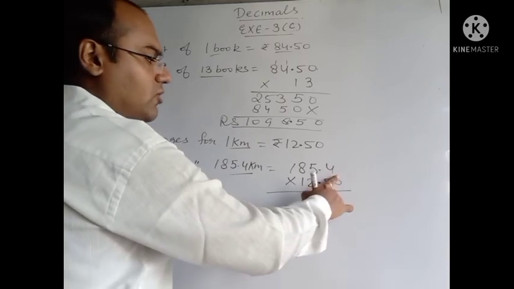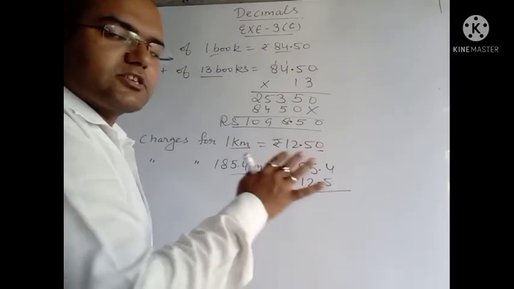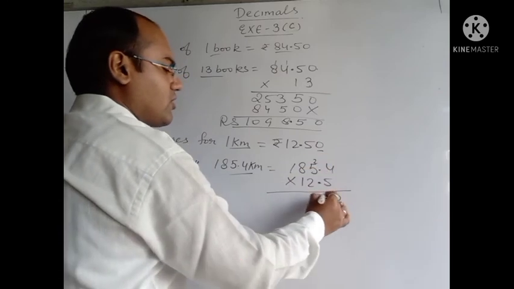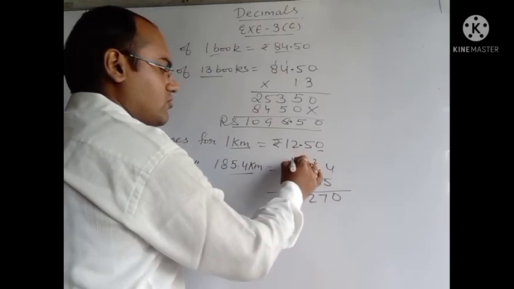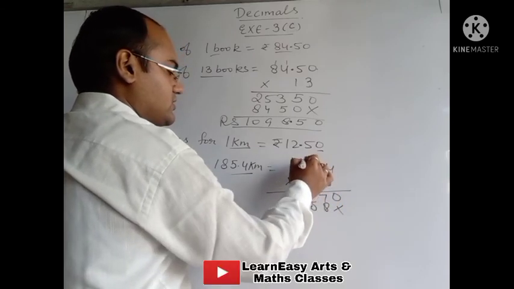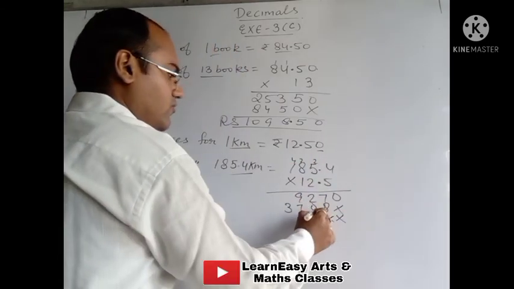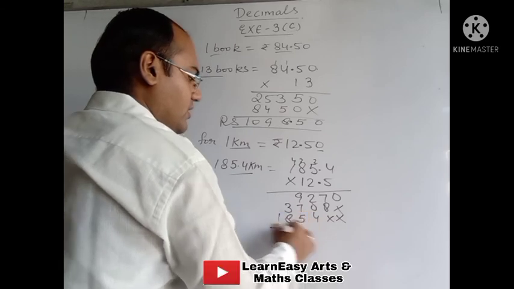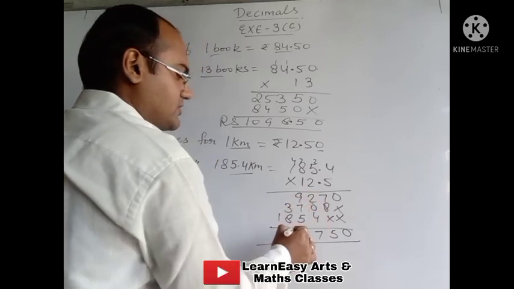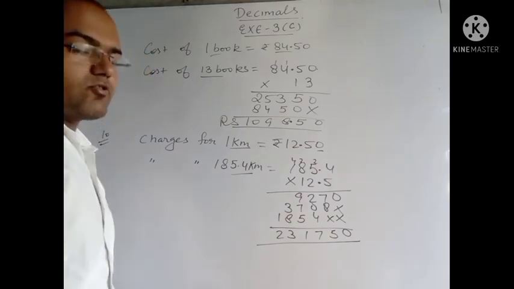Now this 0 no need to write here. Why? Because this 0 is coming at the end, so we can leave it. This 0 does not have any value. Now 5 4s are 20, 5 5s are 25 and 2 is 27, 8 5s are 40 and 2 is 42, 5 9, 2 4s are 8, 2 5s are 10, 2 8s are 16 and 1 is 17, 2 0 2 and 1 is 3. Double cross we will put 4 5 8 1. We will add these numbers. 9 plus 7 will be 16 plus 5 is 21, 10 13, 1 2. This is the answer. Now we have to put the point.